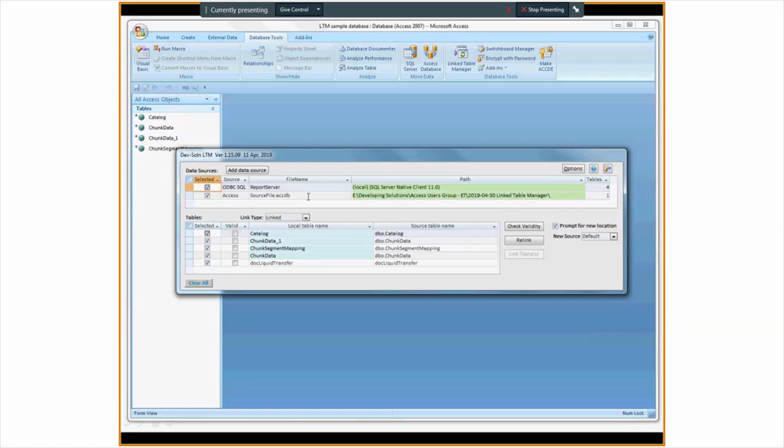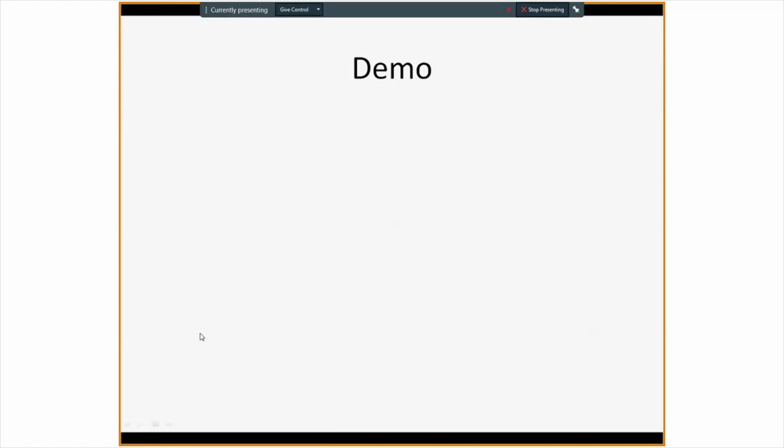The one thing that I didn't talk about, and I honestly haven't tested the new Link Table Manager, so maybe you can provide some info, either Jim or Maria. Does that Link Table Manager also process pass-through queries? Because this does. I go out and I search the pass-through query connection strings, and if I've got a pass-through query in my database, it'll show up here, and I think I actually show that in the. Let me drag this off here. I think I actually show that in the